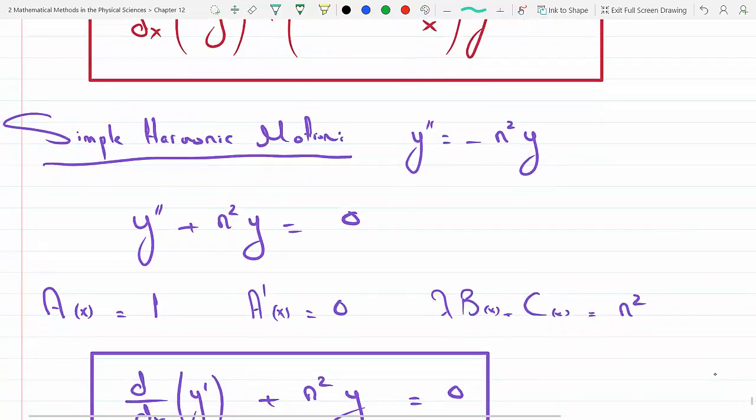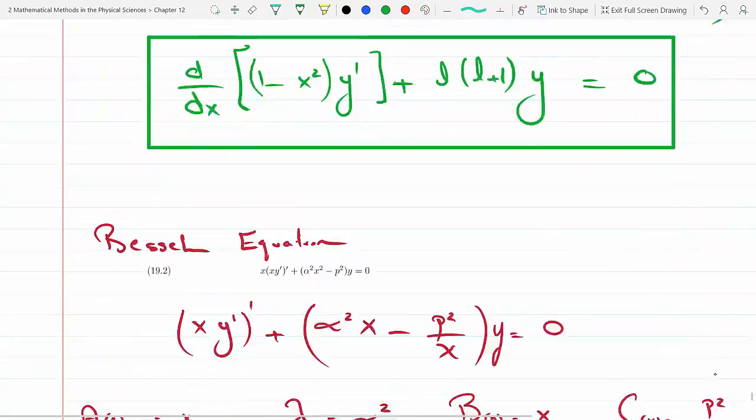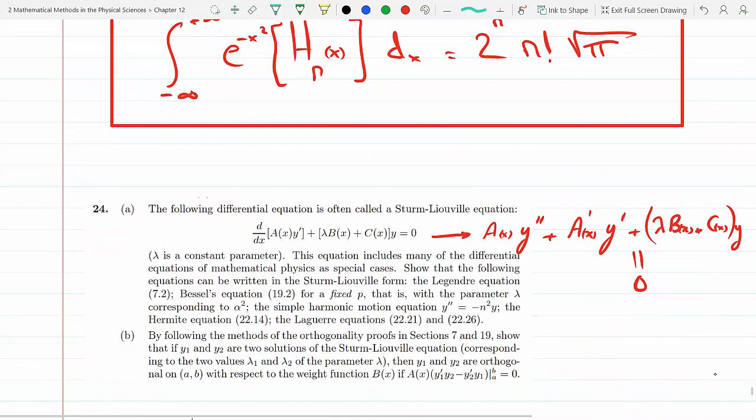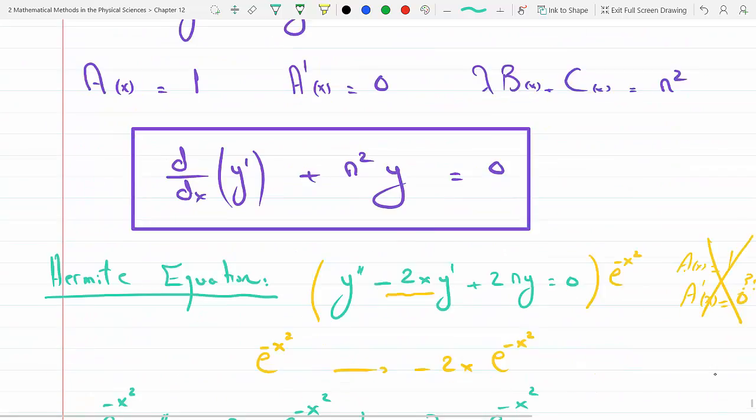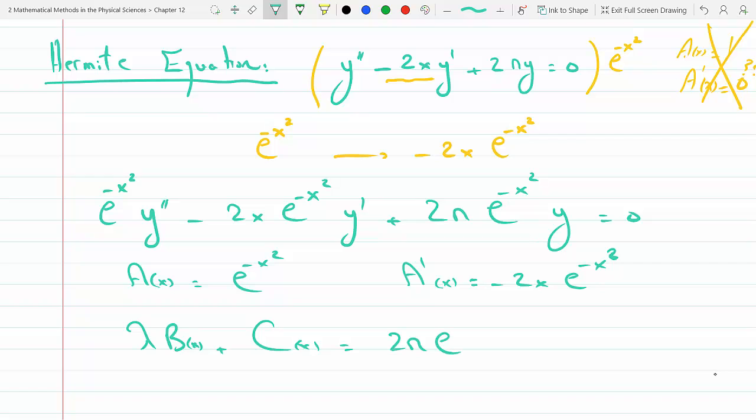Okay. And what else here? So now let's read off the lambda bx plus cx would be the coefficient of y. So that means lambda bx plus cx would have to be 2n e to the minus x squared. And now I could